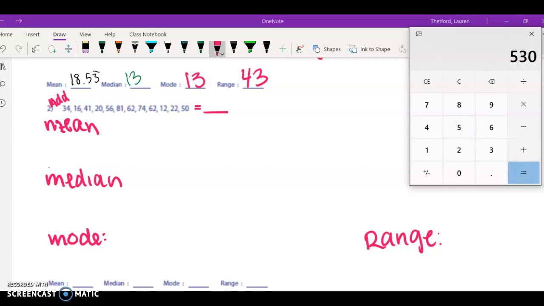When I add them all up, I get 530. So my mean is going to be 530 divided by 12 numbers, because there's 12 numbers in the data set. So divide by 12, and that gives me